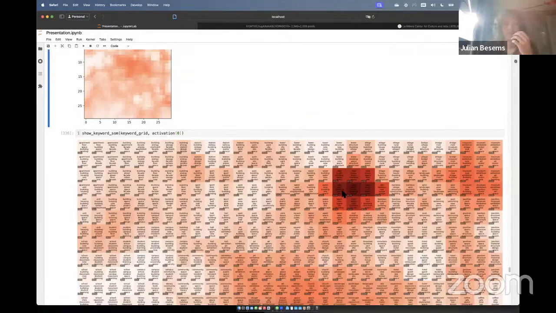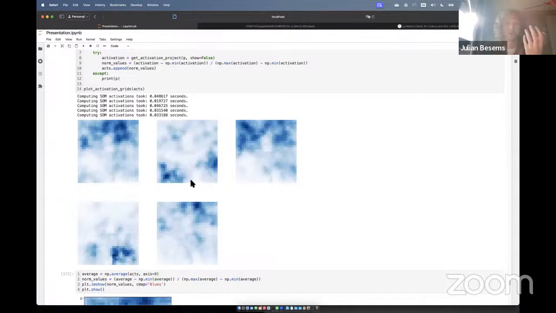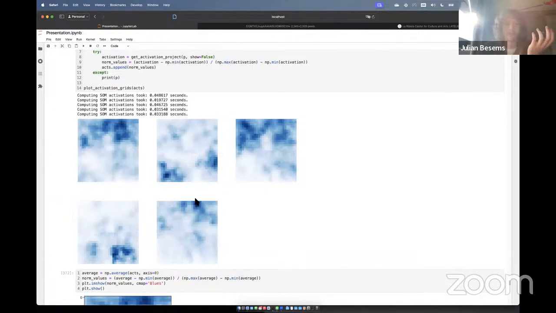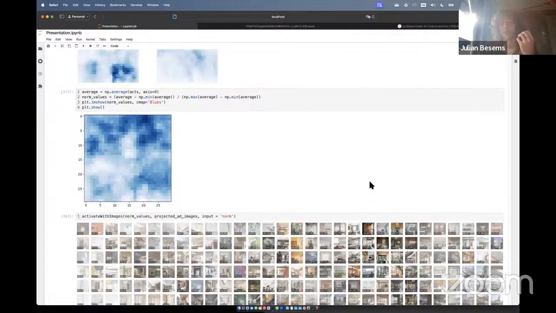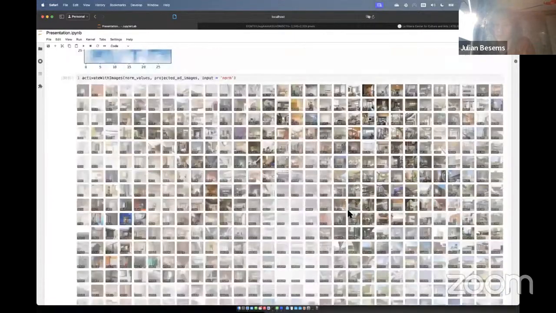And if we do the same exercise, look at the projects that sit in that cell based on the description and map that back onto our domain of imagery, we get quite a different emphasis. So that project, based on its description and the prompts that I gave it, ends up mostly looking at this area, where it has a different kind of resonance, and mostly the thin, lightweight structures really show up.